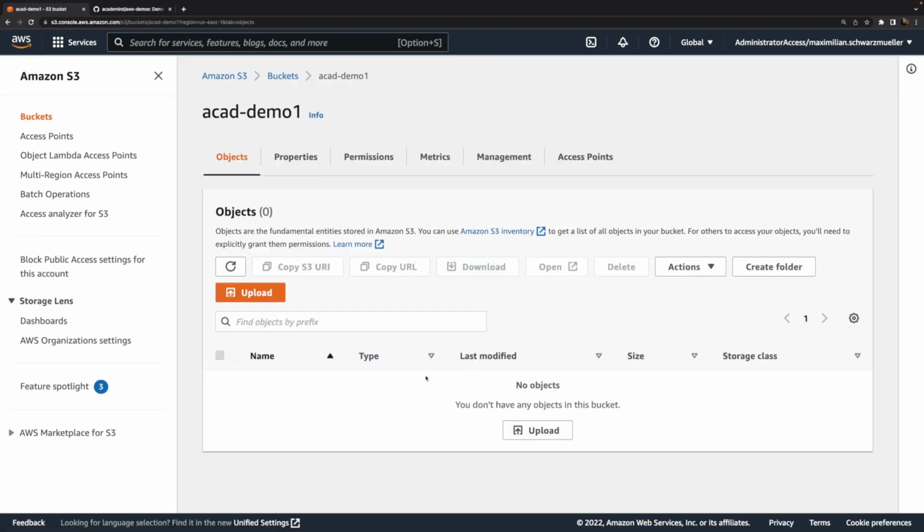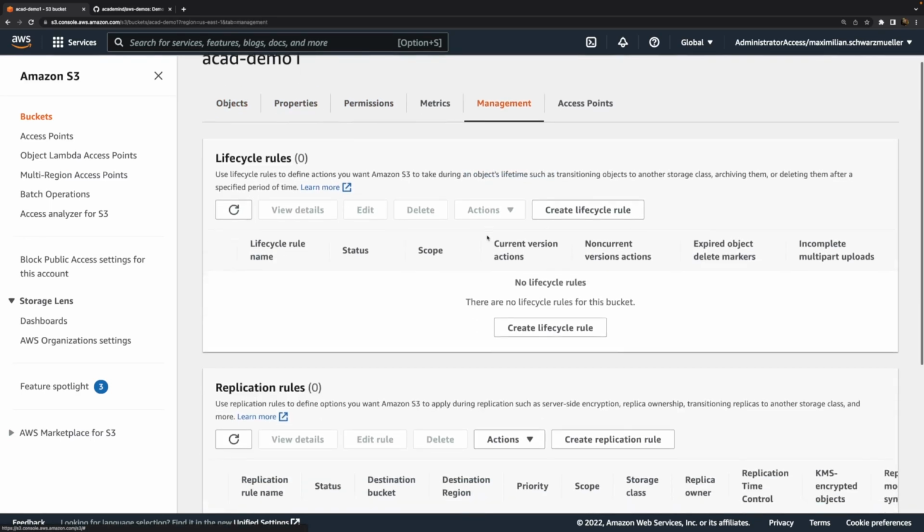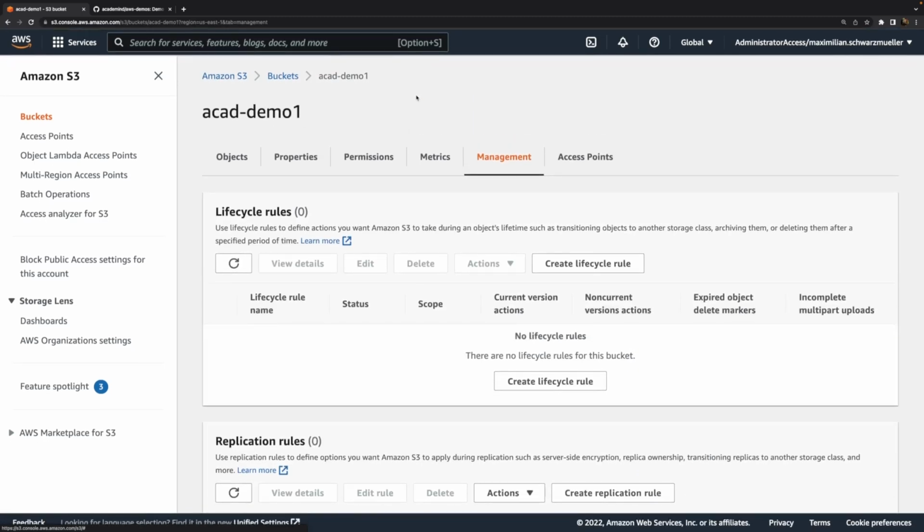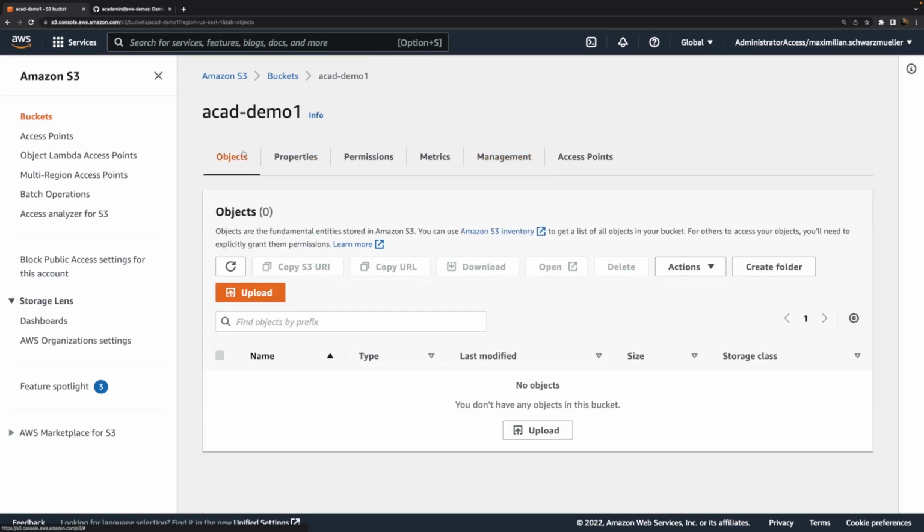Now again, S3 is a powerful service. There are many things you can configure on this bucket, especially also once it was created. You can, for example, turn on replication to make sure that data in that bucket is automatically replicated into other buckets, possibly in other regions, to make sure that even if that bucket would be lost, thanks to some catastrophe which hit the AWS data center that contained this data, it would still be there, or to deliver it faster to different users in different areas of the world. And that's just one of the many things you can do with S3. Again, I do cover it in greater detail in my course.